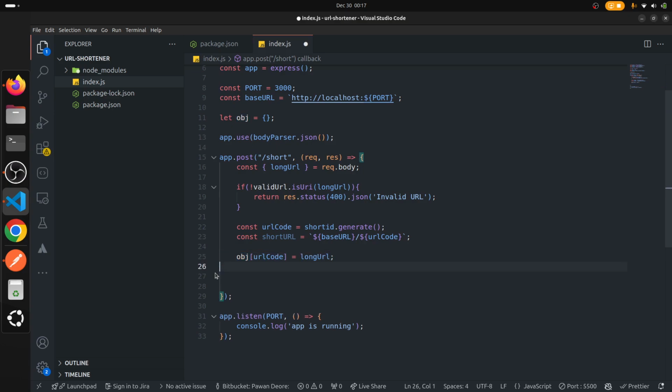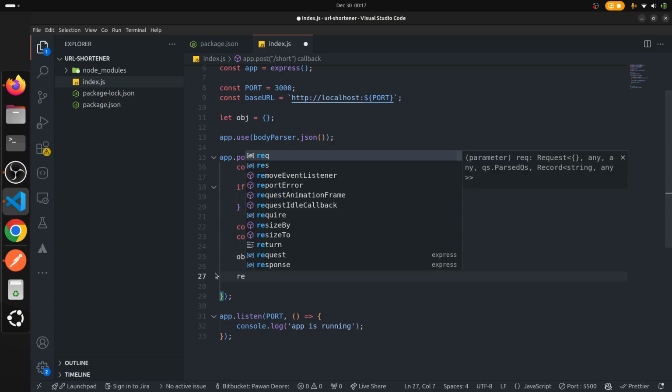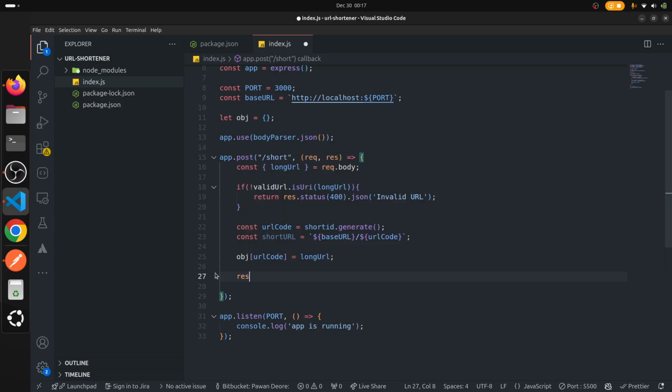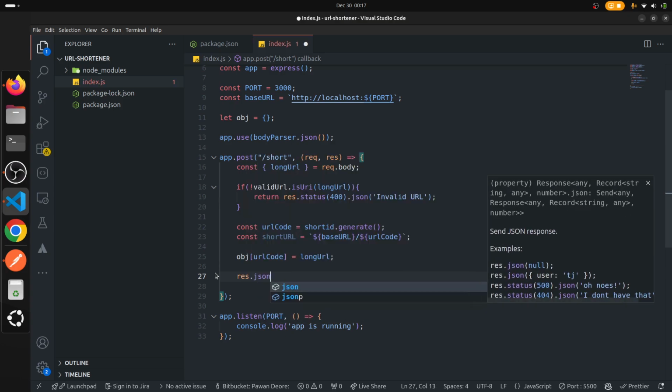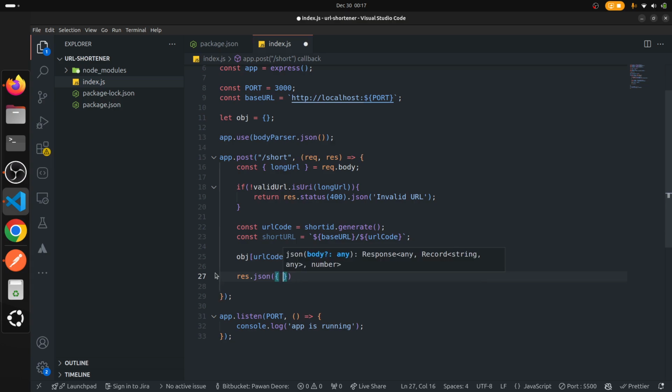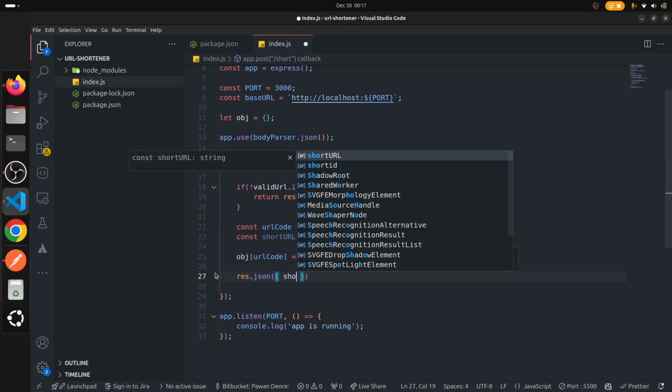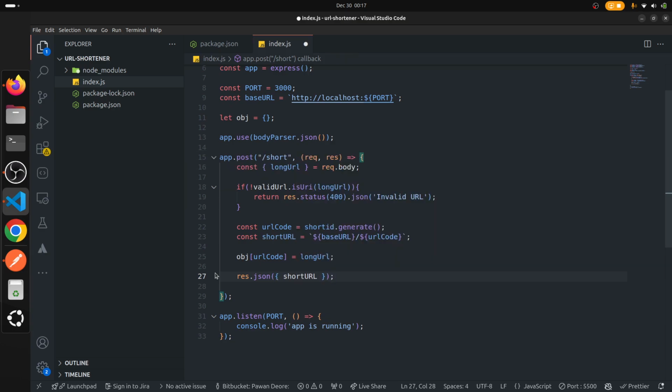Let me remove this. So that's what we have stored. Then once we stored that, we need to send a response, right? res.json, and in here we will send the short URL itself. So I will save this